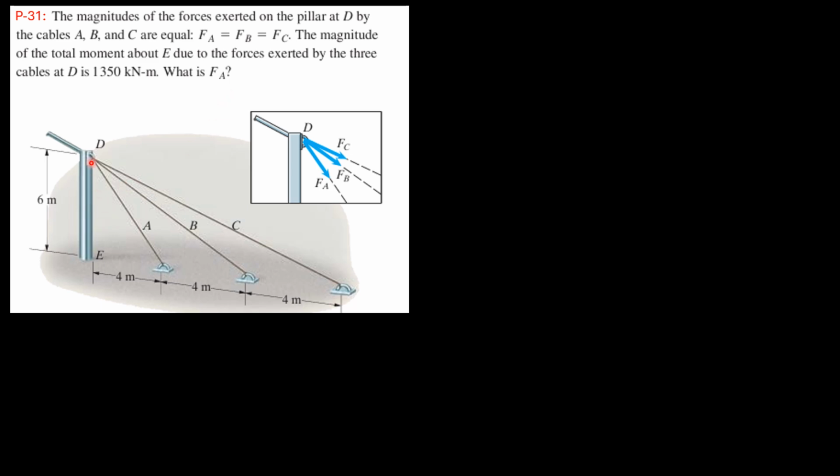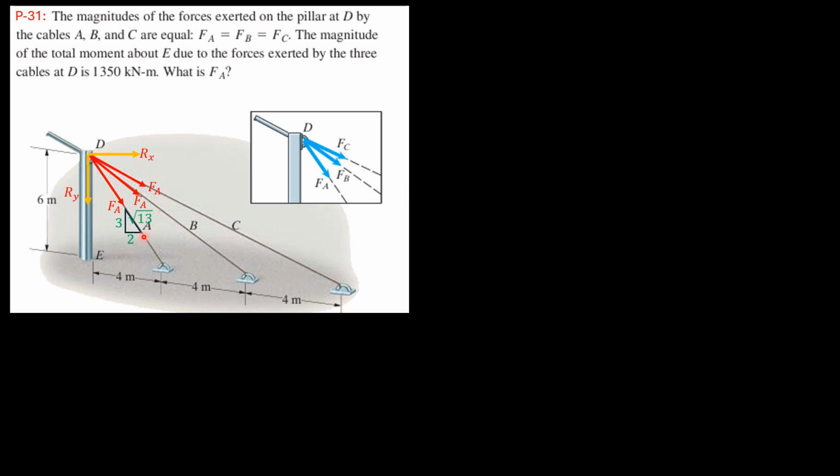Because the resultant passes through D, the y component of the resultant passes through A, so it has no moment. Only the x component of the resultant, which is rightward, has moment about A, and it is also clockwise. So these are the forces, FA, because FA equals FB equals FC. The slope here is 4 horizontal, 6 vertical, which can be reduced to 2 horizontal, 3 vertical, square root of 13 the hypotenuse. So that is Ry, Rx. It is Rx that is important for this case.